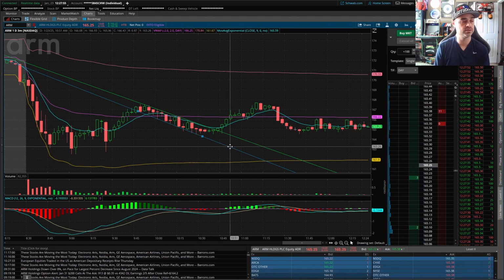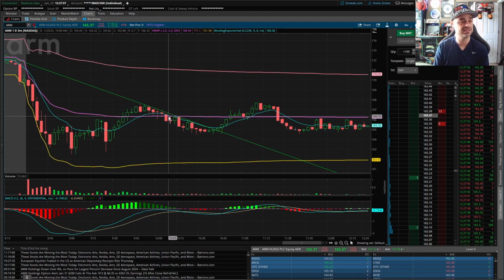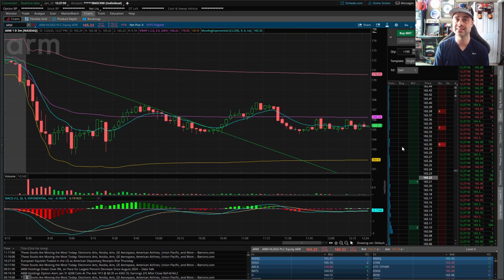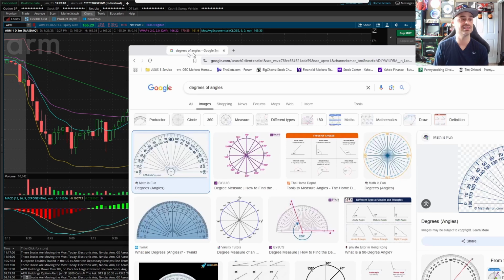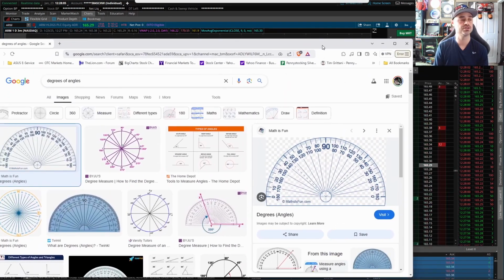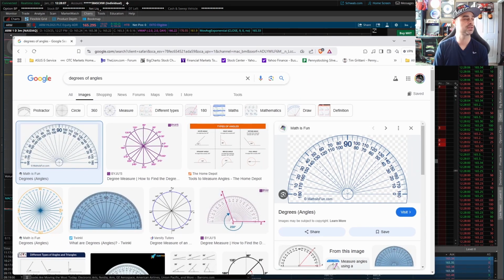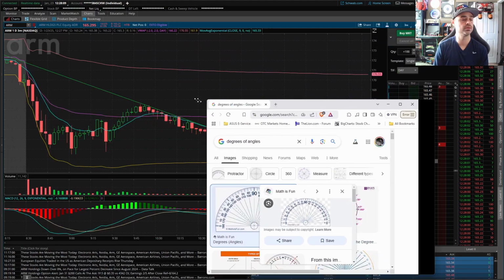The next thing I'm always looking for, besides touches and a nice tight channel, is that it's got some length on it. It's 30 minutes or longer. And the other thing, which I'll give a lesson on eventually, is the angle, the degree of angle of these trends, right? So I'll just make this smaller so that we know we're looking at